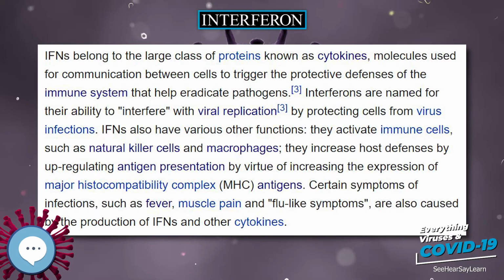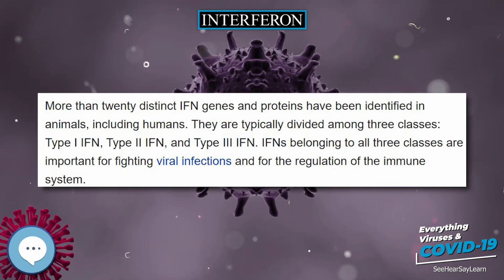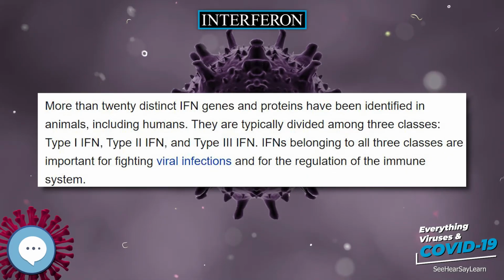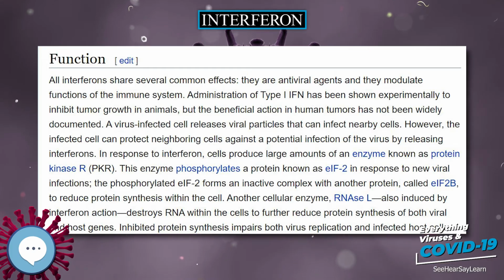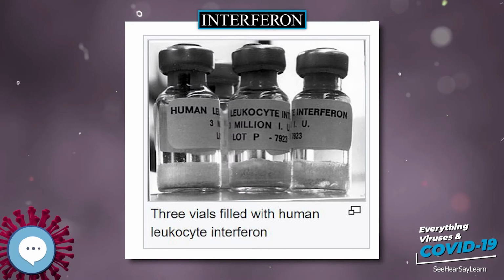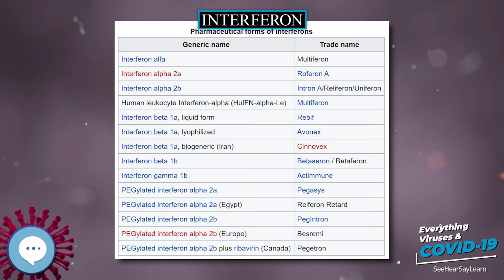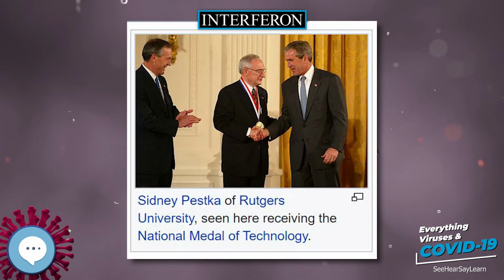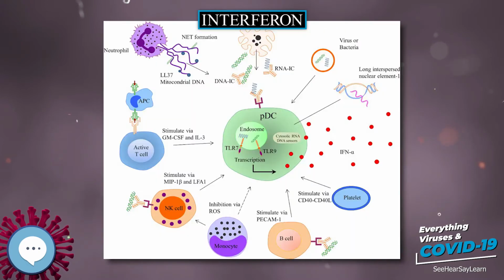Interferons are named for their ability to interfere with viral replication by protecting cells from virus infections. IFNs also have various other functions. They activate immune cells, such as natural killer cells and macrophages. They increase host defenses by upregulating antigen presentation by virtue of increasing the expression of major histocompatibility complex (MHC) antigens. Certain symptoms of infections, such as fever, muscle pain and flu-like symptoms, are also caused by the production of IFNs